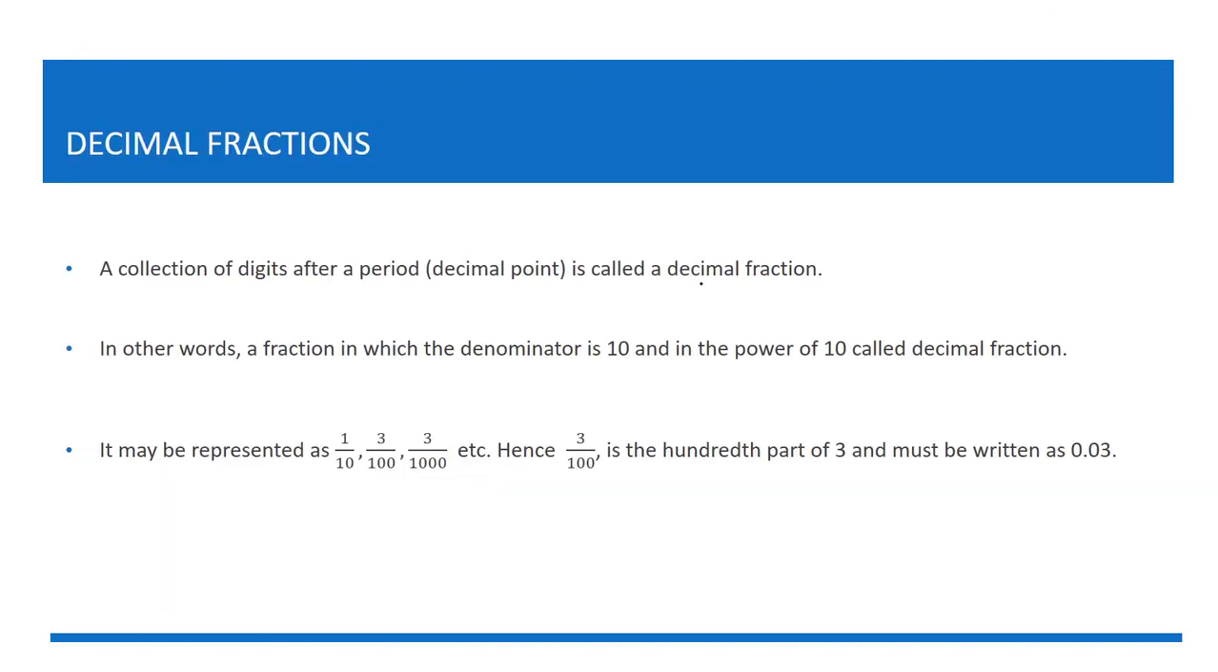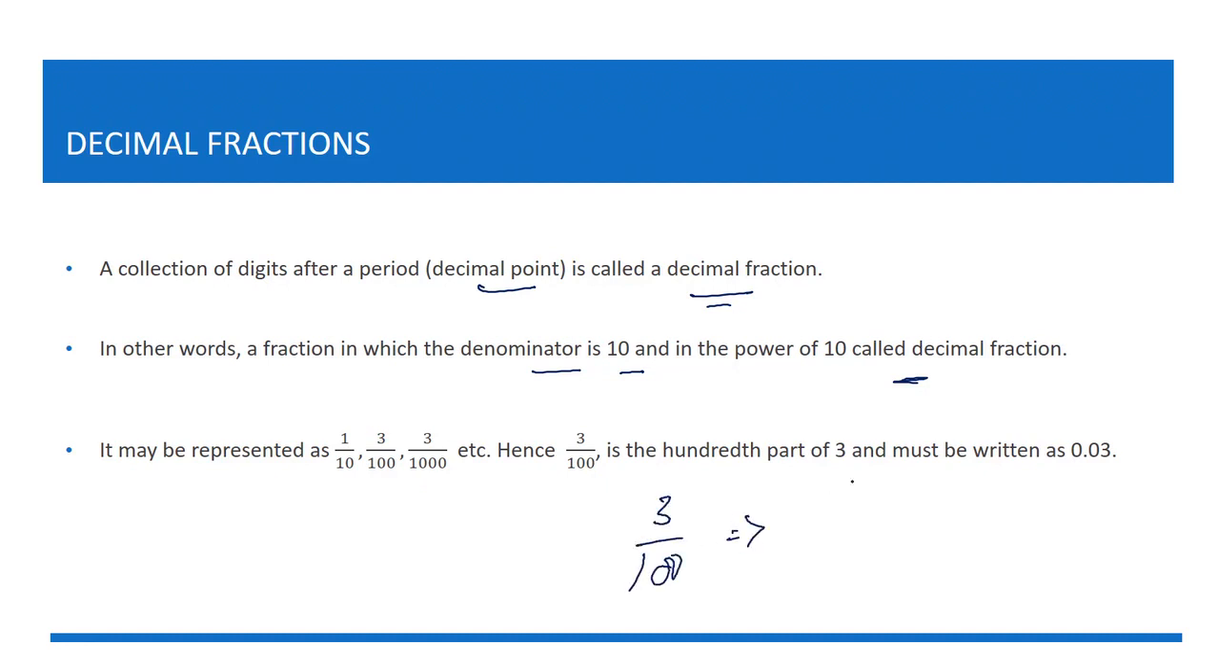Right, what is a decimal fraction? A collection of digits after a period, or a decimal point, is called a decimal fraction. A fraction in which the denominator is 10 or a power of 10 is called a decimal fraction. Let us check this out. It may be represented as 1 by 10, 3 by 100, or 3 by 1000. Say, for example, 3 by 100